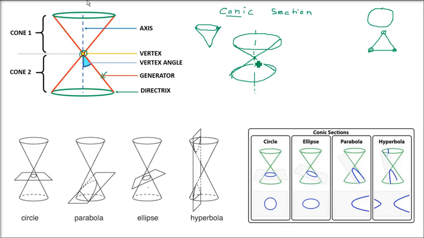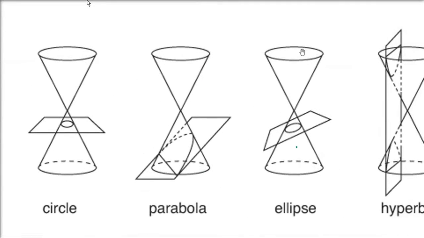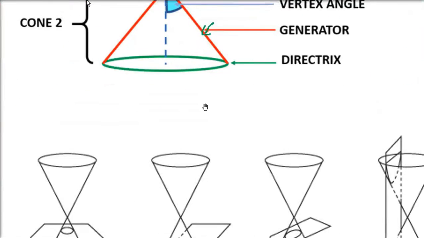On this axis, what is this angle? The angle between the axis and that stick is called the vertex angle. In most books it is called alpha, vertex angle. And there will be a locus being formed. When you swirl it, rotate that stick around some axis, there will be some directrix.